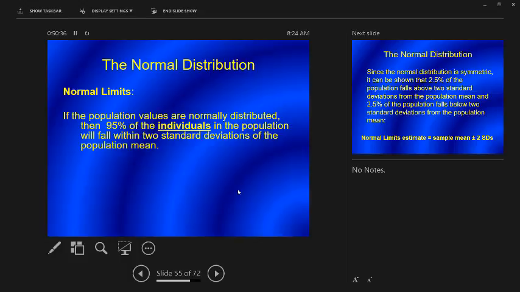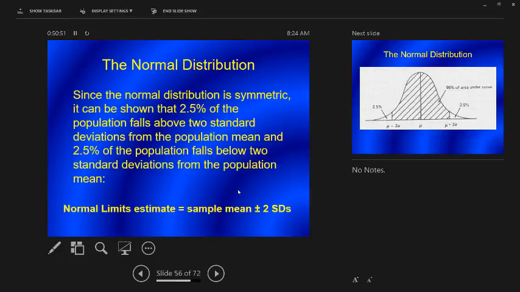Okay, so now the normal distribution. If I know that a distribution is normal, then we know that the individual values in that sample, 95% will fall within 2 standard deviations from the mean. And so if 95% fall within 2 standard deviations of the mean, and we know that this distribution is symmetrical,